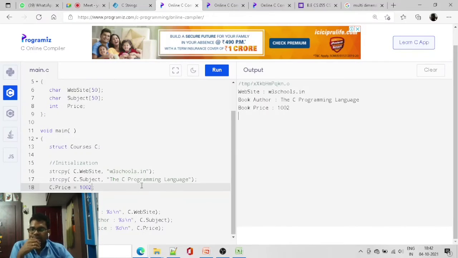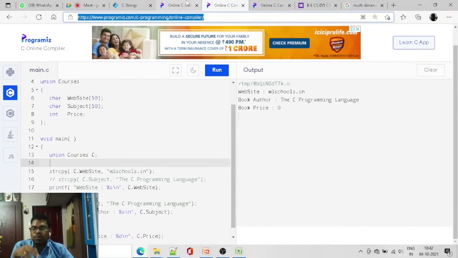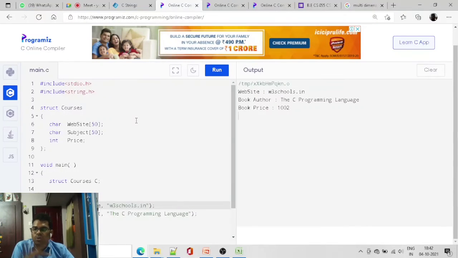Right, this is the structure program and this is the union program. We have preprocessor statements, stdio.h and string.h. Here struct is a keyword, and this is the name of the structure, courses.